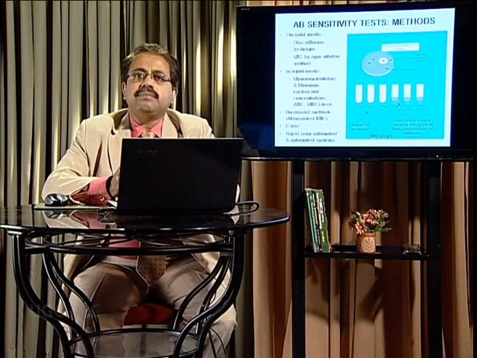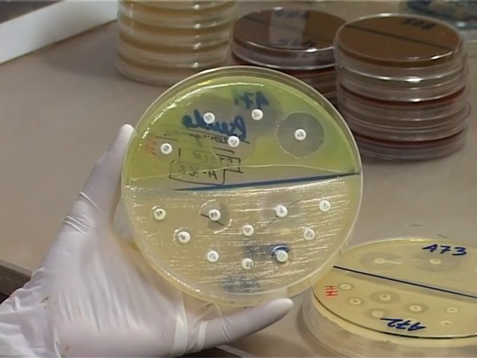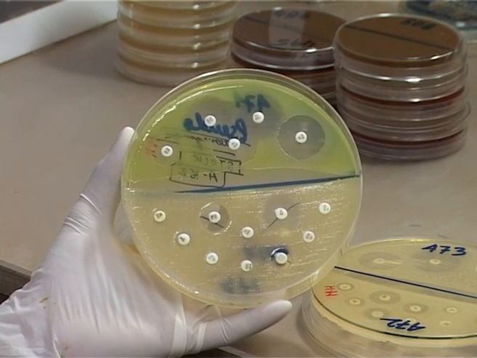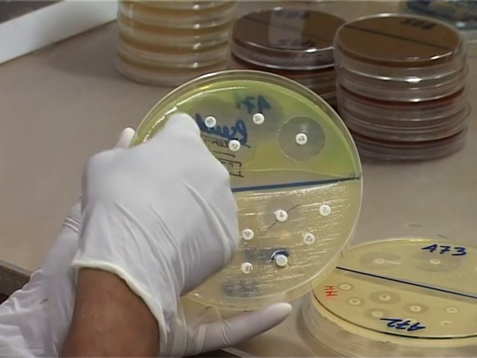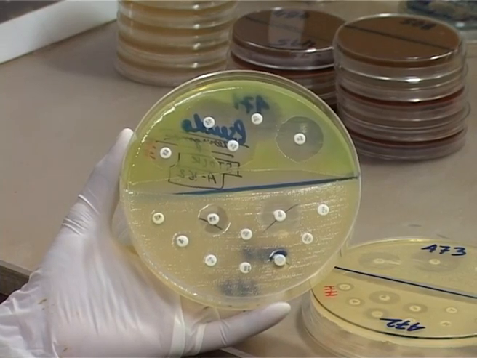Now coming to the antimicrobial sensitivity testing methods, commonly in the laboratory we perform the disc diffusion technique, which is not a rapid technique. We see the zones of inhibition around the discs that we put, each disc for each antibiotic. It is impregnated with a particular concentration of the antibiotic. In the liquid media, we can determine the minimum inhibitory concentration of the antibiotic that will just inhibit the growth of the bacteria. We do it by a series of tubes with doubling dilution of the antibiotics.